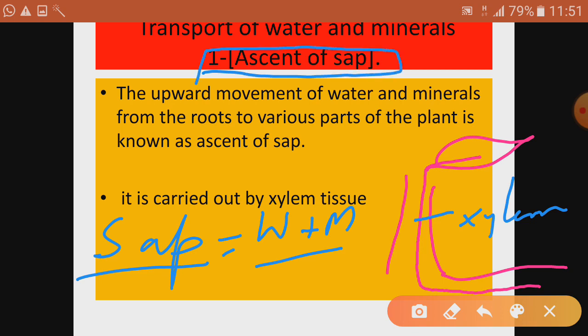So how does ascent of sap happen? What is the role of the xylem? That is very important. So from the soil, the water molecules are absorbed by the root, and root has root hair also to increase the surface area. They absorb water by the process of osmosis. You know, osmosis means movement of the water molecule from higher concentration to lower concentration. In soil, the percentage of water is more. That's why the water is moving from the soil to the root. So it moves inside the root by the process of osmosis.